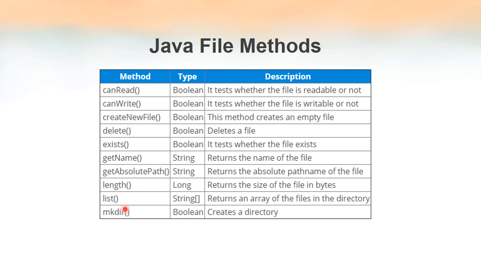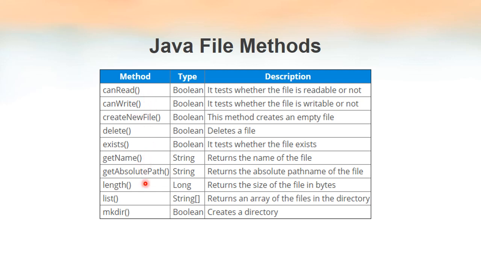So if you want to access any of these methods, we need to create the object of class File first, then that object name dot these method names. That is how we have to access these methods. Similar to the way by which we access the methods inside a class. First of all, we have to create the object, then object name dot variable name or object name dot method name. Similarly, these methods are inside the class File, so we have to use the object of class File to